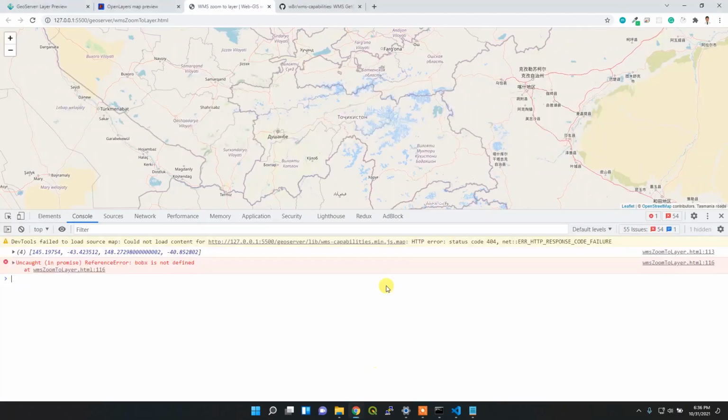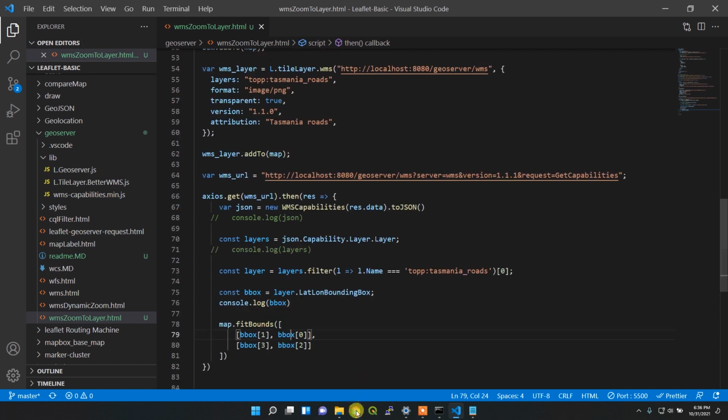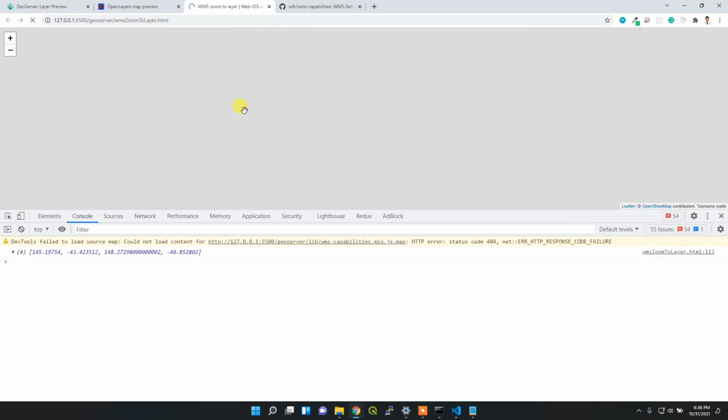Okay, if I do it, it will automatically zoom my map to the specific layer, but I think there are some errors. Yeah, it's here, just a typo error, bbox. Okay,